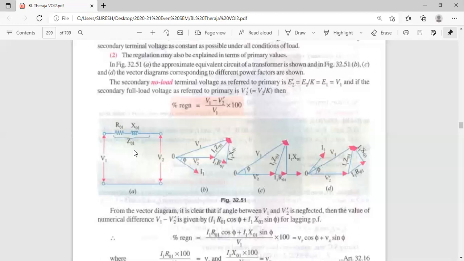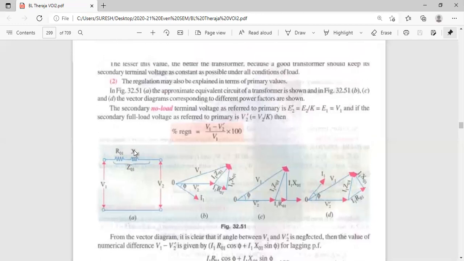We are regulating the voltage to keep our equipment safe. To protect our equipment, we are using the regulator. Nowadays, inbuilt regulators are coming for AC, for a TV, for inverters. They will automatically adjust the voltage. Suppose if it is not able to adjust the voltage, it will switch off automatically. Once the normal voltage is coming, it will again start. That is the meaning of regulation. We are regulating the voltage.